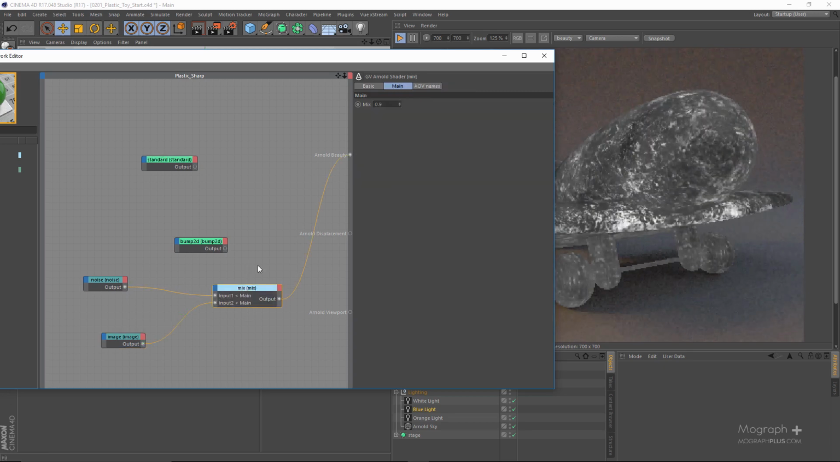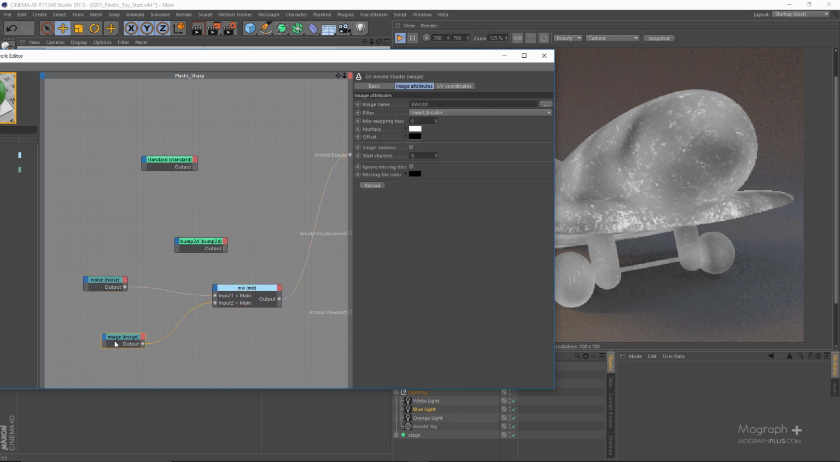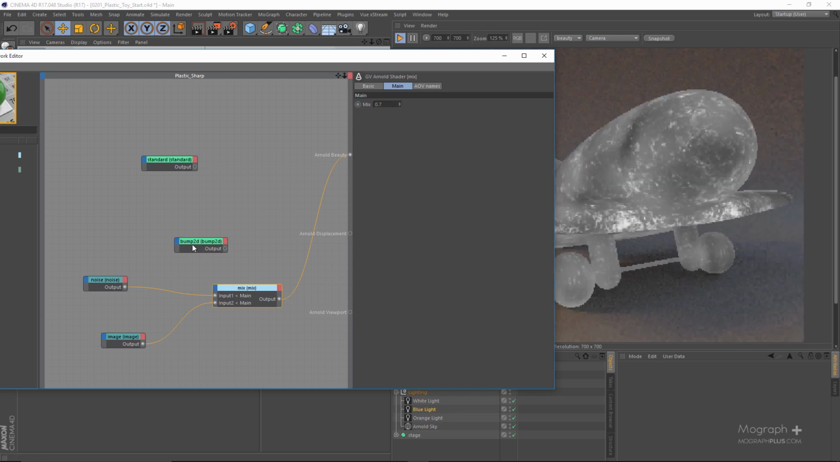Right? Now we get 50% of the noise and 50% of the image. Sorry, it's just set to 0.5. You can see now we get 50% of the noise and 50% of the image. And I think I want to have more of that image affecting the noise. So let's go to something like 0.6 maybe, 0.7. And now for the bump map, I can use this mix as the bump map